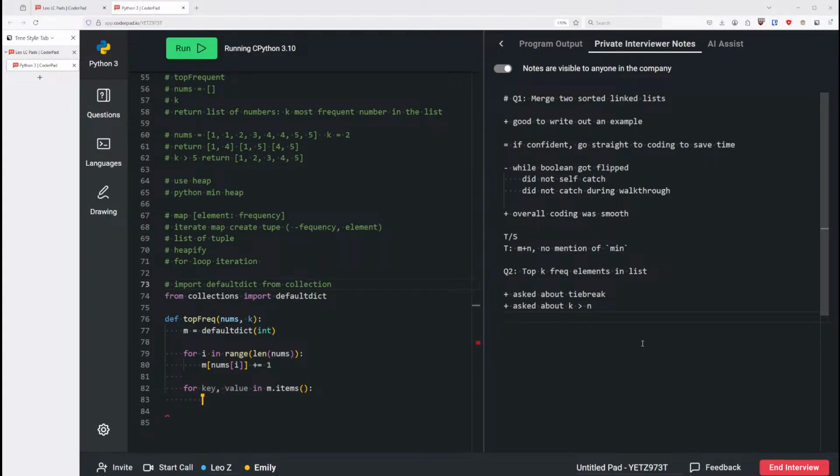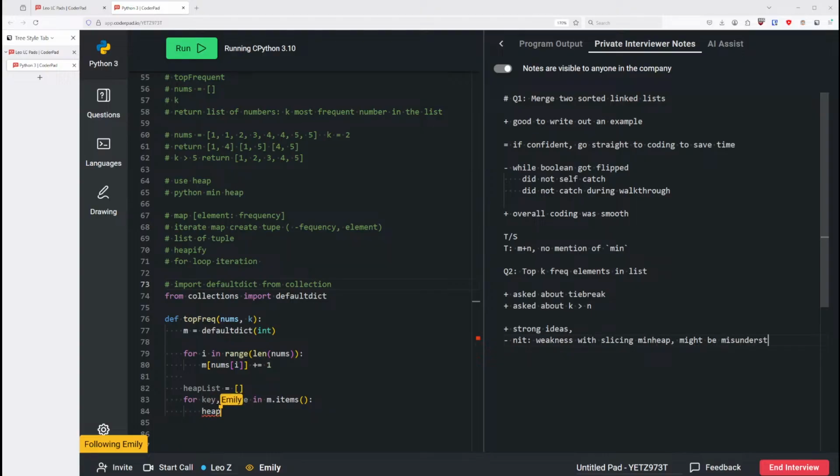And for the key, before that we need to have the list. How to do that? The heap list equal to an empty list, and then we want the heap list dot